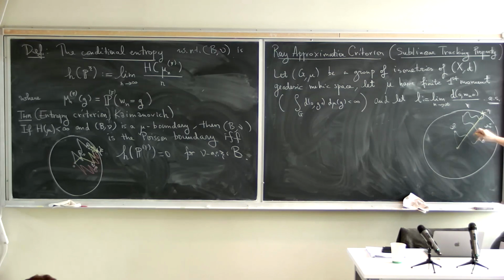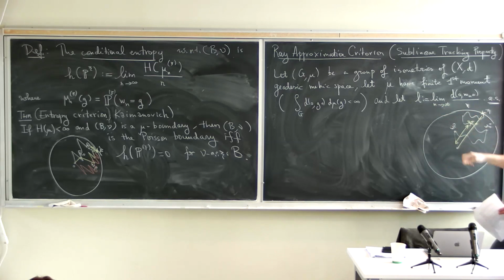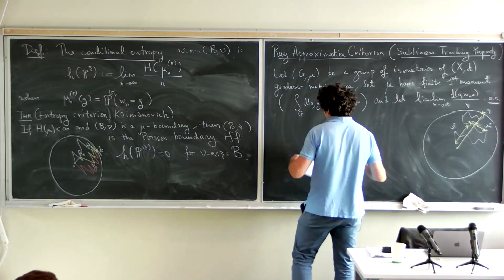After n steps, the drift is L. So roughly, I want to be at distance L times n from the origin, because L is the drift. So I pick a point along the geodesic at distance L times n. Now the question is, is this a good prediction of where the walk is? And this depends on the distance between the n-th step of the walk and the geodesic at time L times n. Okay? So we say